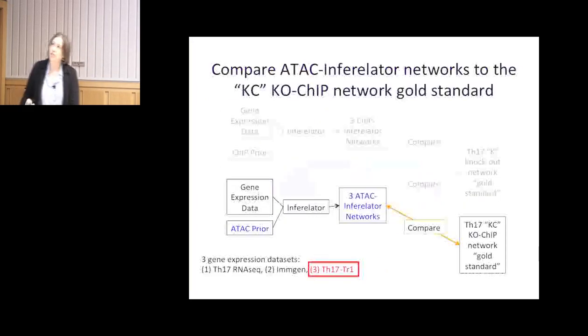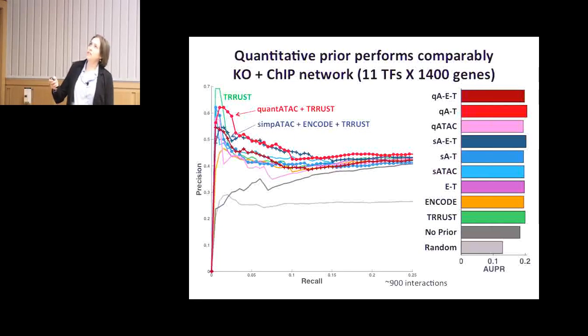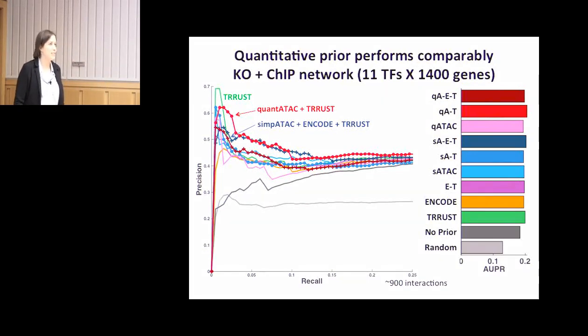And here I'm going to show you results comparing to the better gold standard, the knockout chip. And you can see that when you include the quantitative information in combination with some of the generic priors, you do get a little boost in predictive power. And precision recall is one good way to look at these networks, but it's also very nice to look at them